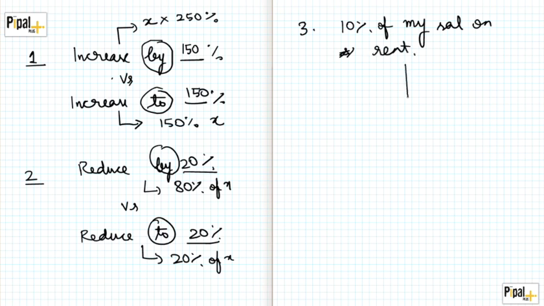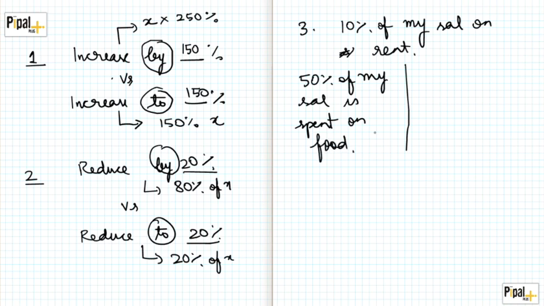Now the question could say 50% of my salary is spent on food, right? Versus the second line of the question could say 50% of my remaining salary